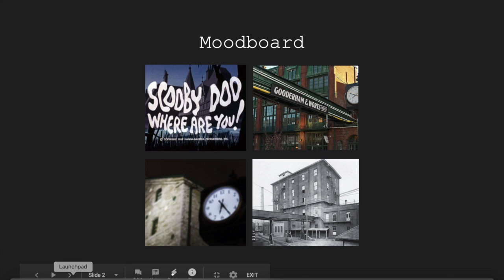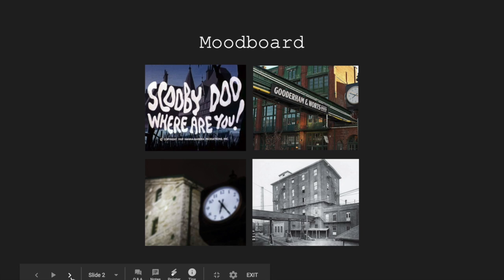So starting off with our branding, we wanted the whole essence of the brand to be really fun and kind of nostalgic. As we're based in the Distillery District, there's a lot of history. It's a landmark in Toronto, and we wanted to really emulate the culture and community in the area and the changes that it's gone through. For our branding specifically, we were inspired by old school Scooby-Doo and cartoons. So our logo is reminiscent of that and the same kind of fonts and intro from the 1960s cartoon.